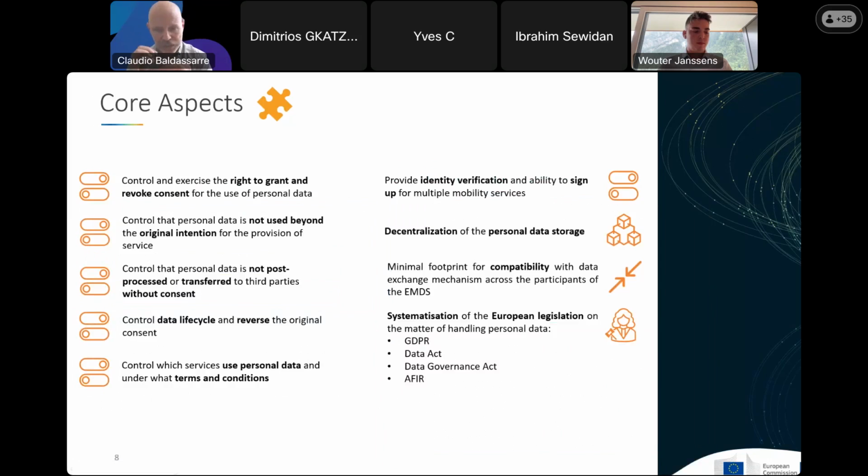So when we think again about the core aspects that these components will eventually provide to systematize the legislation for handling personal data, we said already the control to exercise the right to grant and revoke consent, the fact that personal data are not used beyond the original intention for the provision of the service for which they've been shared, that they are not post-processed or transferred without consent, and control of the life cycle of the personal data, and eventually reverse the original consent, use the personal data according to the terms and conditions attached to the service, and also provide identity verification